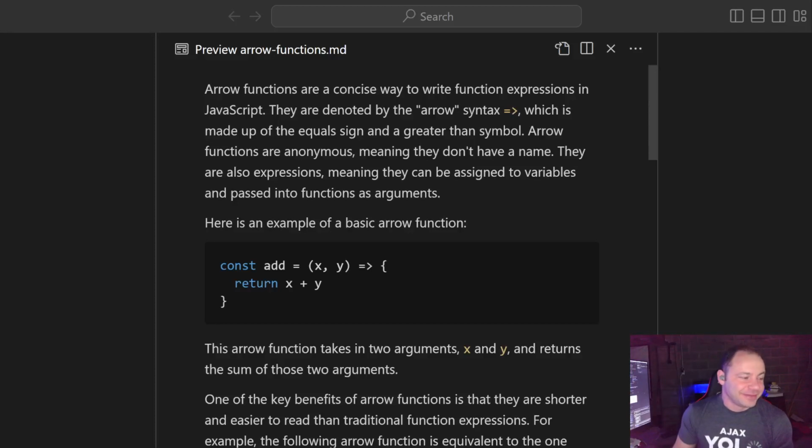Hey everybody, I'm going to continue my series on JavaScript interview questions, and today we're going to focus on arrow functions. I did get a question about arrow functions in a technical interview that I had about a month